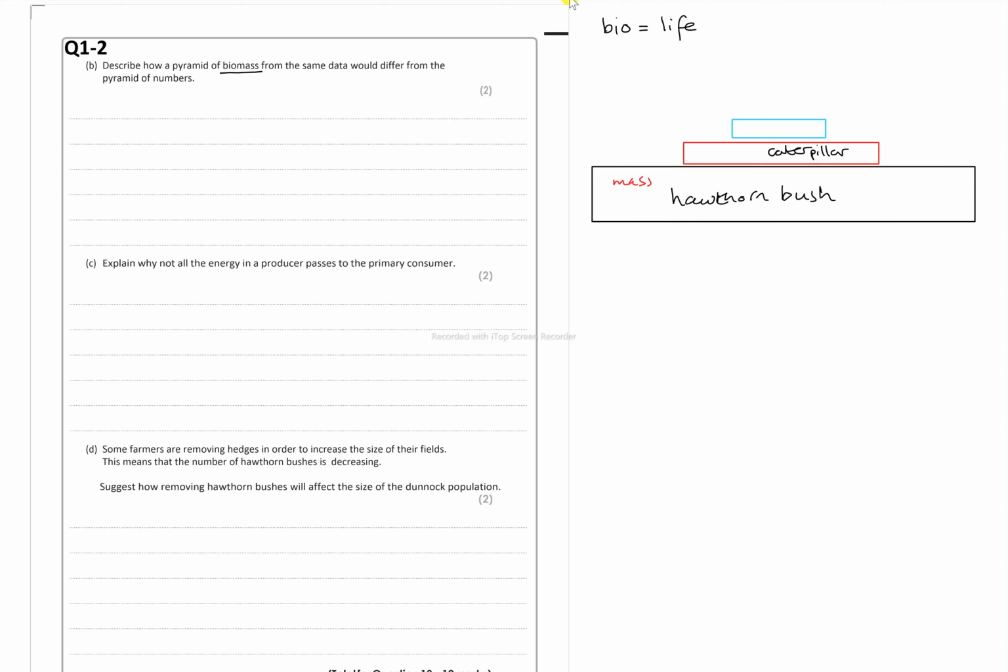You've got the mass of Dunnocks. Whoa, what was that all about? Dunnocks. And then you've just got the mass of the hawk. So it would be a pyramid shape like this, a classical pyramid shape. Yeah, so we can say it would be a pyramid shape,